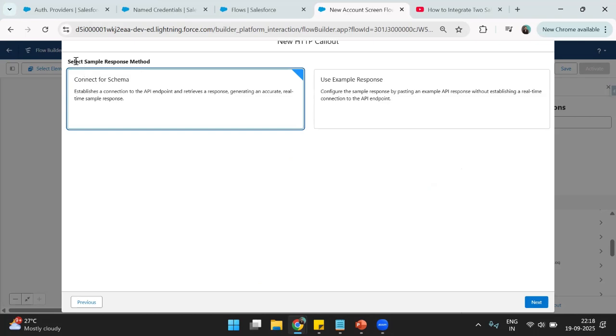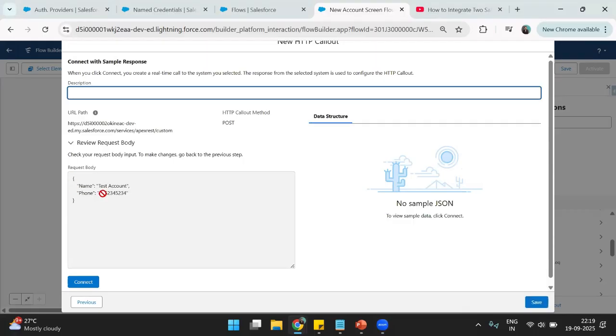In the next step, select sample response method. What will be the sample response method we want to choose here? So I'm going with connect for schema and next. And as you can see, let's say sample JSON response. And when I click connect,